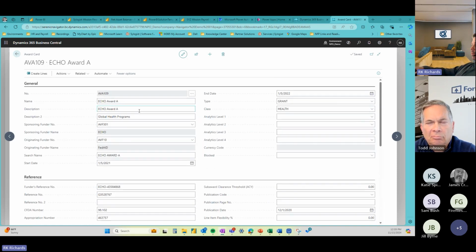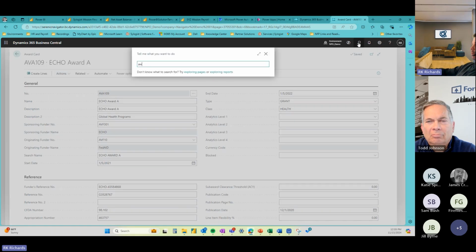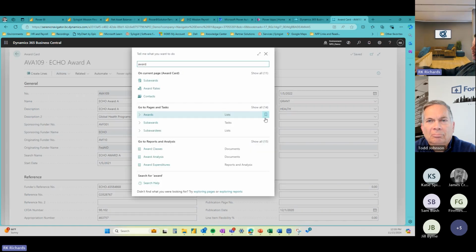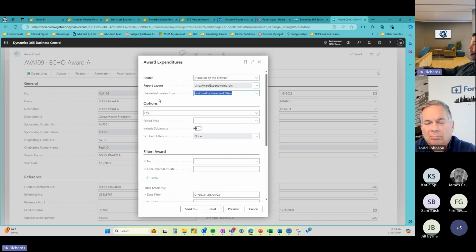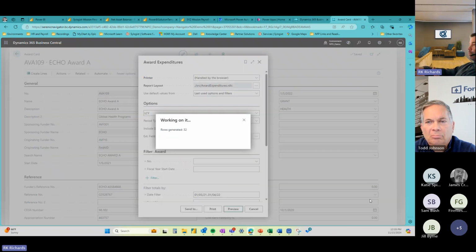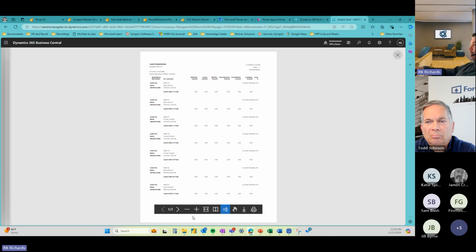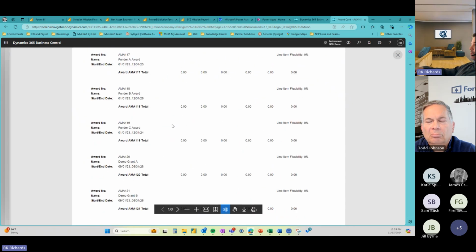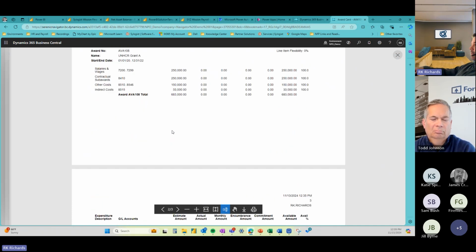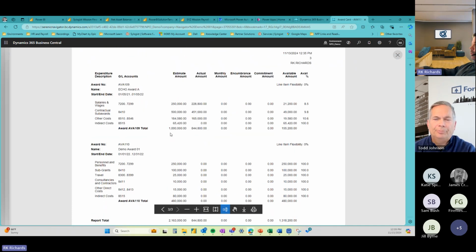And then just a couple of more things here. How do we report on that? There's various ways that I could report on that. We have an award expenditures report, which is sort of an out-of-the-box report, but I like to show it. Your funders probably want to see their reporting done in a way that aligns with how they want you to spend their funds. So if I were to scroll down to one of these that has some data, Award 109